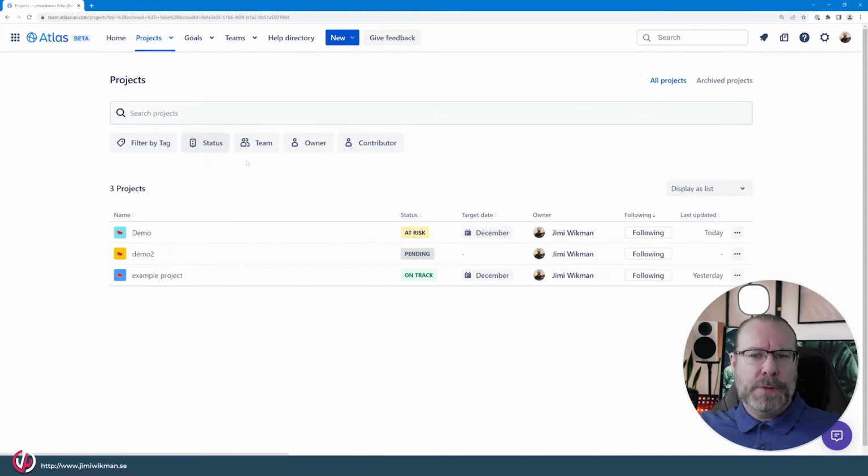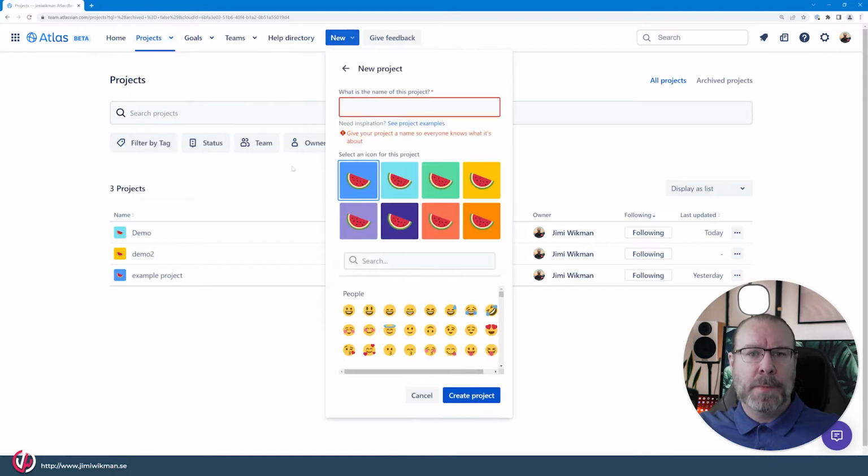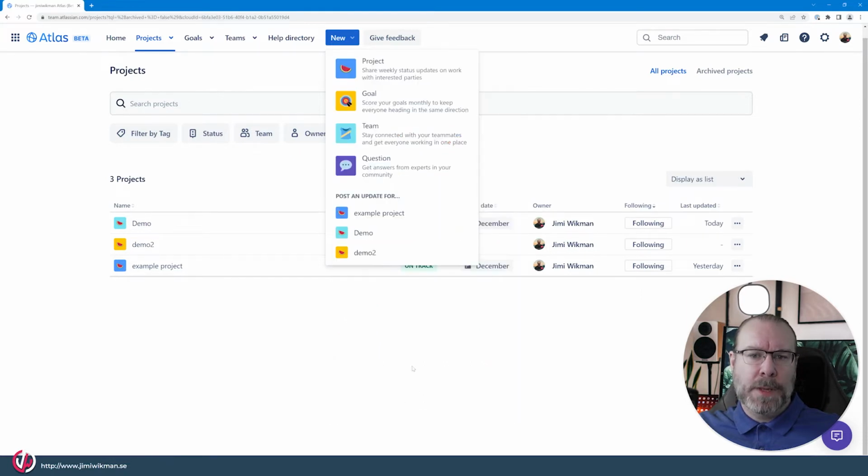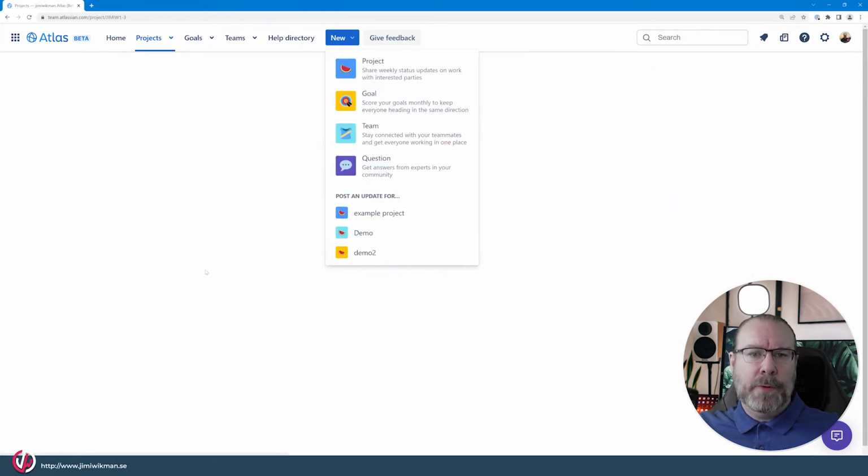So projects will give you an overview of the different projects that you have, and you need to create them manually. There's no connection to Jira in any way. In order to create a project, you can just click on create, and you will set a name for it, and you will choose an icon, and that's about it. And once you have created a project,